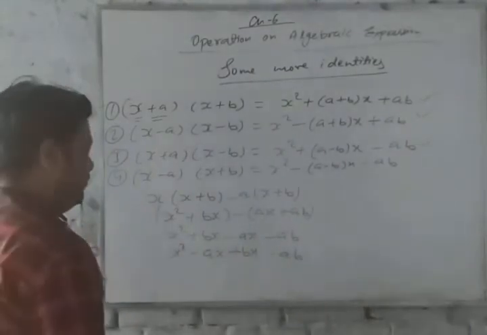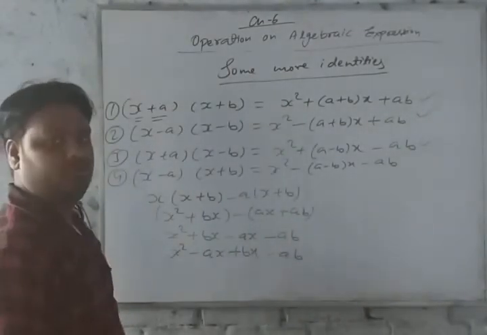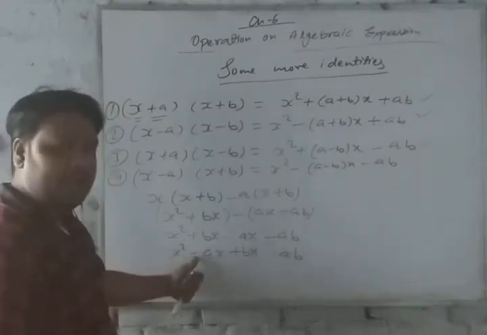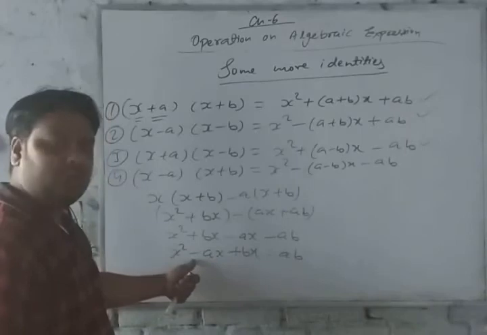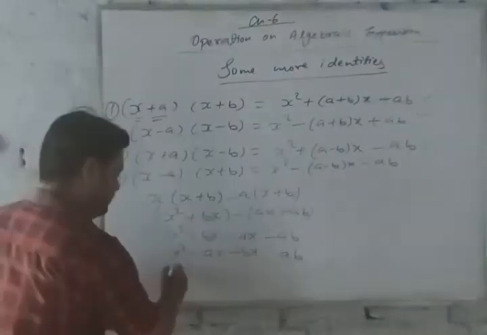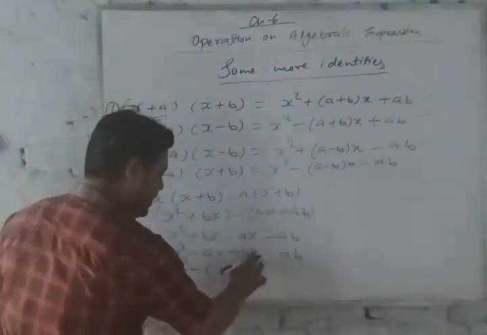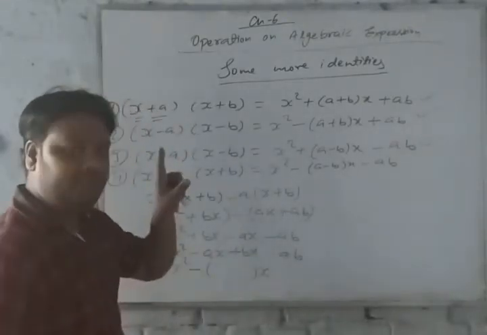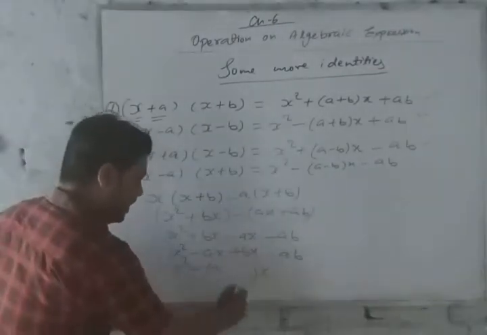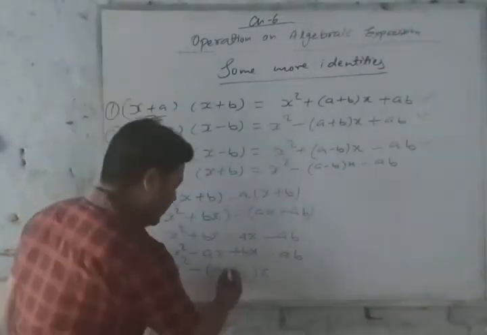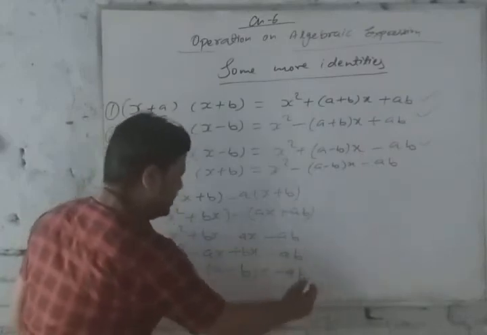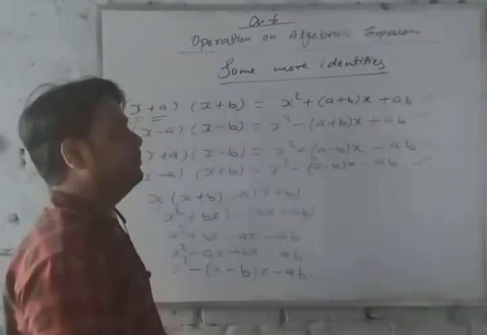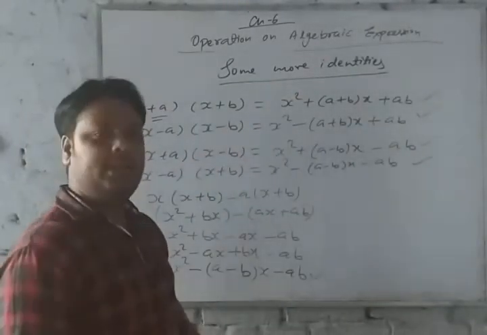Okay. Now what is common? Take minus also. If there is minus after the first term, then we will take minus also outside as a common. So x square minus outside, here x outside. Now if you keep minus outside, every sign will change. Here minus a, then we will write plus a. Here plus b, then we will write minus b. Then minus ab. Every minus. Now you can see that all are the same. So these are the four more identities.